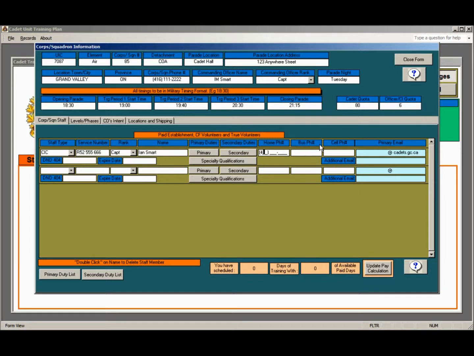Phone number is very straightforward. Just making up some data. Very simply type in the information and tab to the next field, filling in information as applicable. In the primary email field, you can see for CIC member, anyone on the paid establishment is going to have a primary email defaulted to CadetNet. And so you would use the proper format